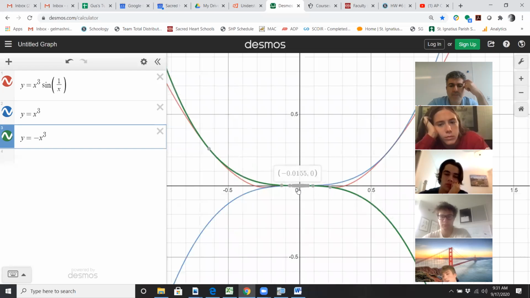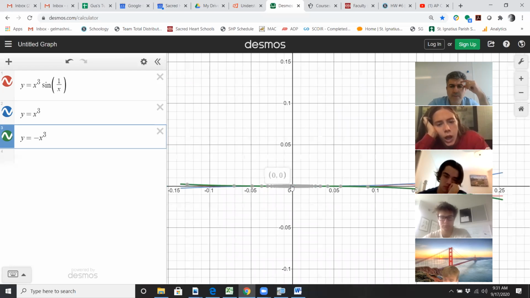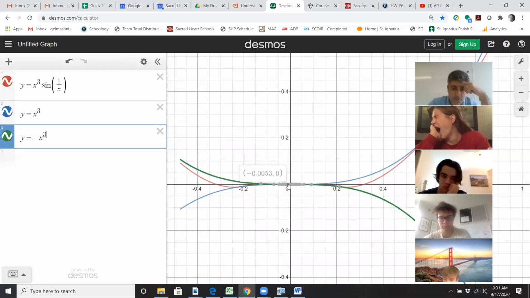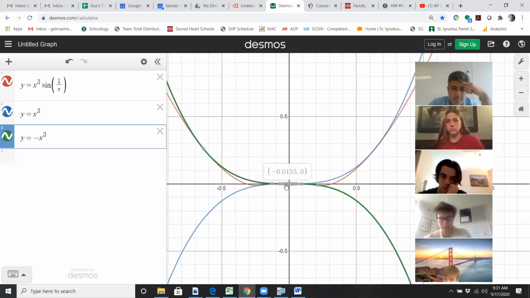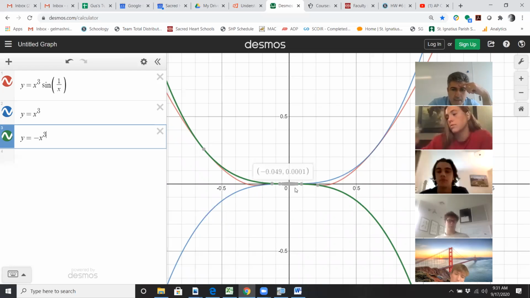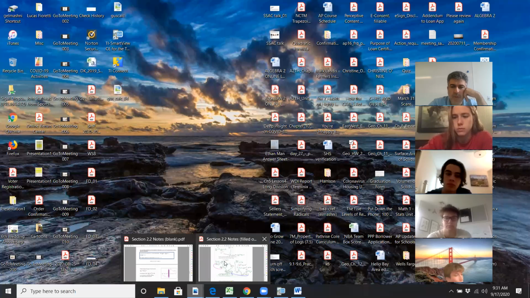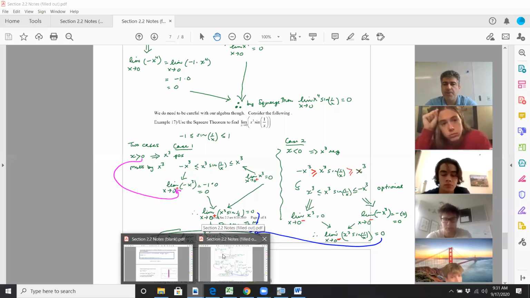it's kind of hard to see. It's really challenging, but you have x cubed, which is right above, negative x cubed, which is right below, and you kind of have that red curve that is tangent. It's just really, really hard to see. The only problem is that when you do the left and right-hand limits as x approaches 0,